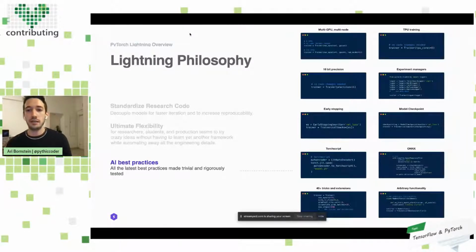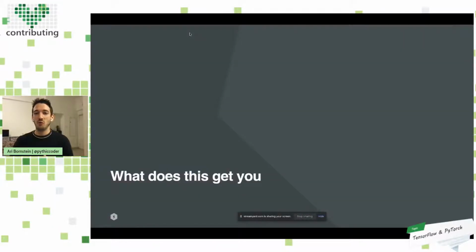In both PyTorch and TensorFlow, when you want to start doing distributed training or use a GPU, you have to modify all your code. You have to make sure that it's using .CUDA. You need to make sure all these things are working. But if somebody else has another implementation and they're using TPUs, if I want to combine different components of these different projects, I can't do that because I have to convert every single line of code. So what the AI best practices do here is they enable you to get a lot of these best practices out of the gate. So let's actually look at what this gets you.